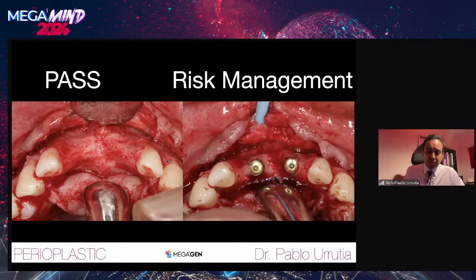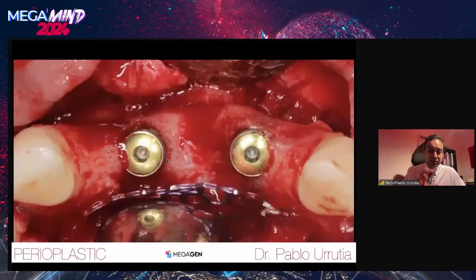So we put the TI mesh on the palatal aspect with a 2 millimeter gap that we fill with autologous bone, and we put the implant in the 3D position outside of the contour in a supracrestal approach, but in the